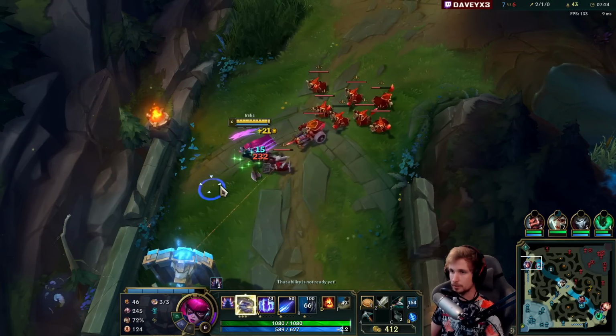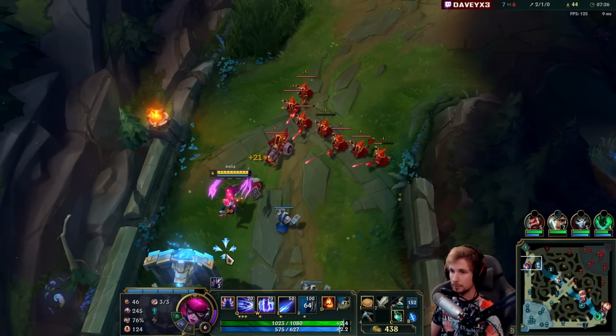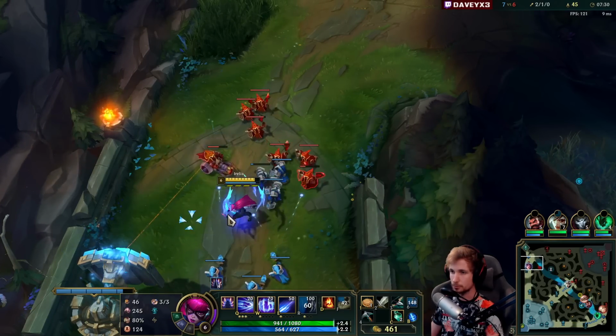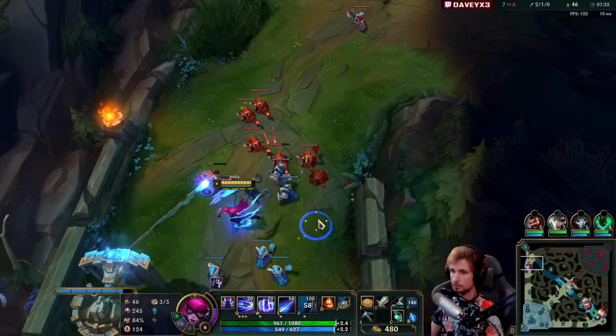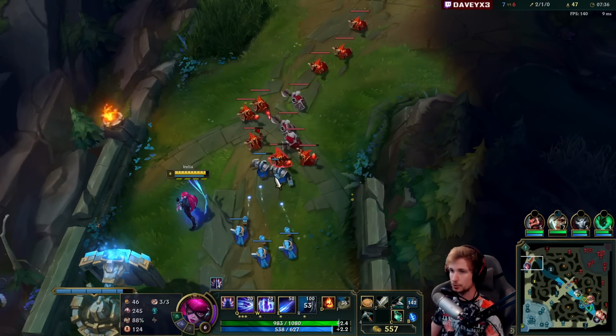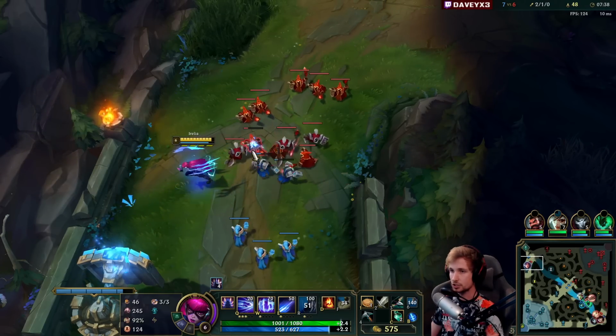You gotta be playing very smart with the wave, not just for Irelia, but just in general. Doesn't matter what you're playing, really. Nice. Now we keep holding it, because if Gwen makes the decision of roaming right now...